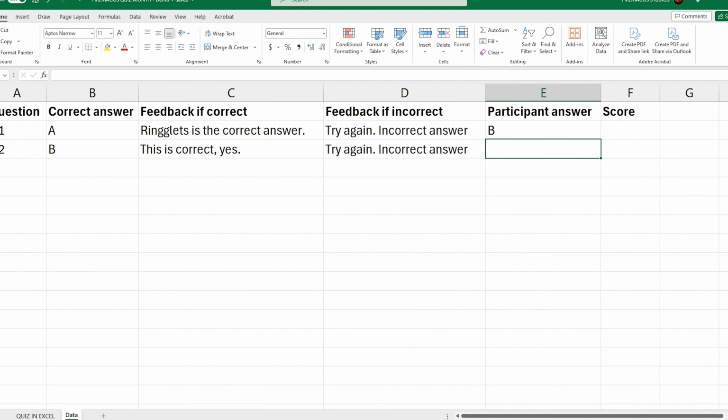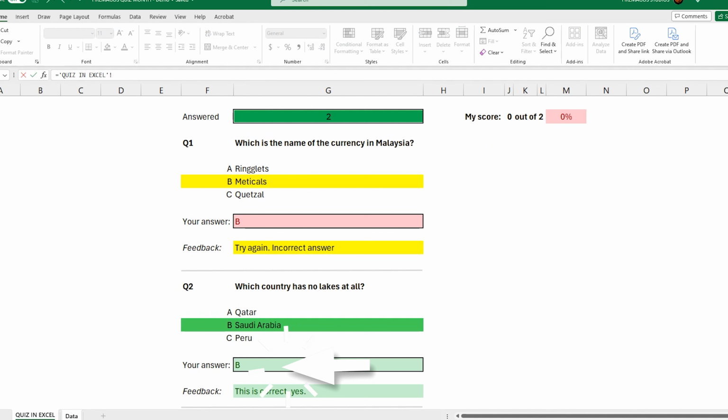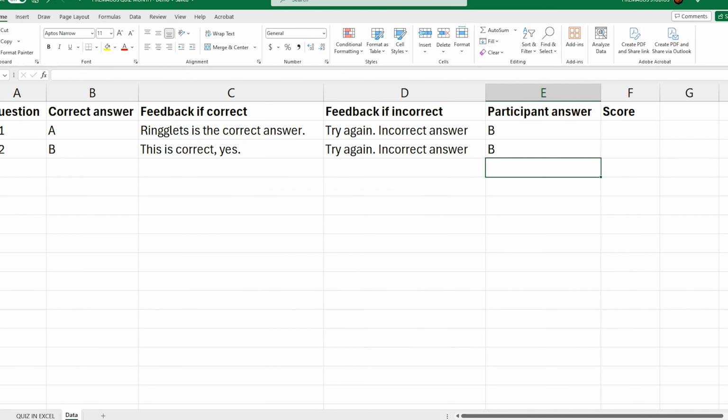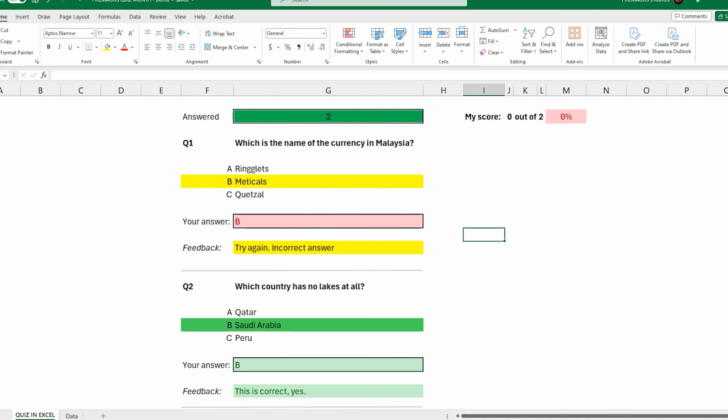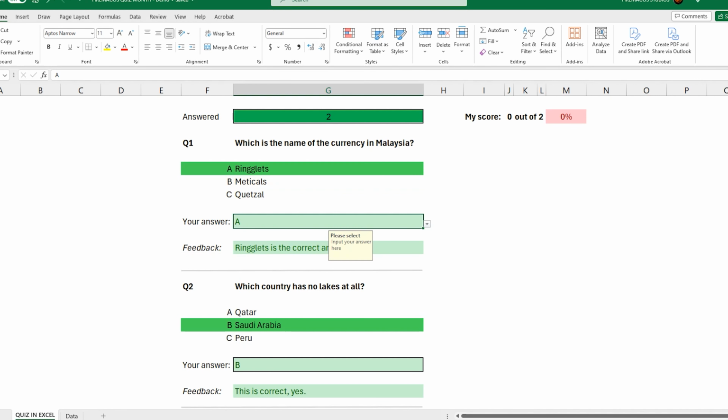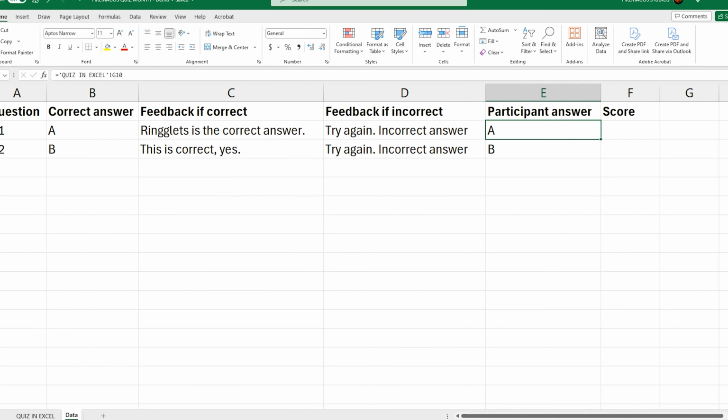And as you can see, it's mirroring the answer B. We can put again an equal sign, then go here and B. And if we change, for instance, here to A, it will change into A. So it's instantly mirroring the values that we have, because actually the value of those cells are coming from the original cells.